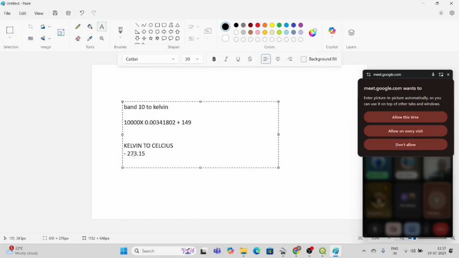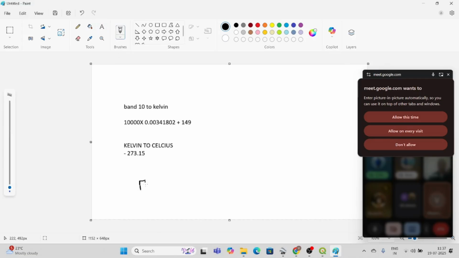For each and every pixel, for example, I'm having a pixel like this, it will show me a value, maybe 134 something, when I convert to Kelvin. So for each and every pixel I'm just minusing 273.15.